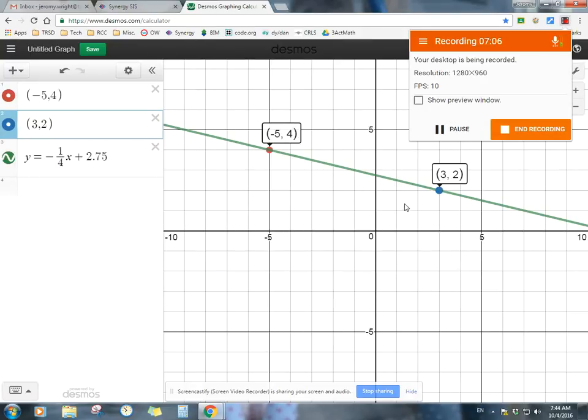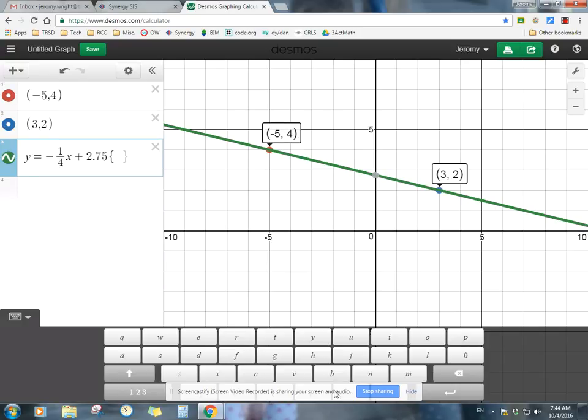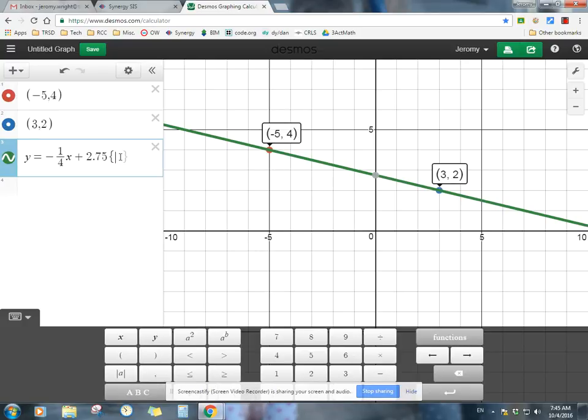All right, so to restrict this line, we're going to start with curly brackets here. And you can see that when I put in the curly bracket, I'm using the keyboard to do so, but you could also come down here to get the numerals and some variables and different functions of the calculator. You click the ABC button and you're going to get more options here. You'll get the curly brackets right down here on the bottom. So once I put those in,